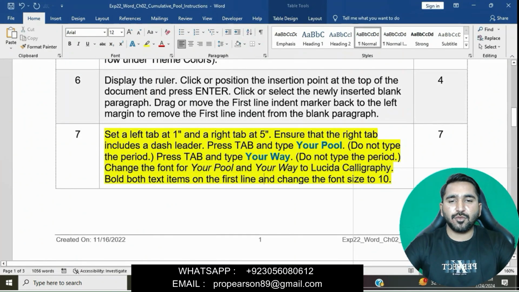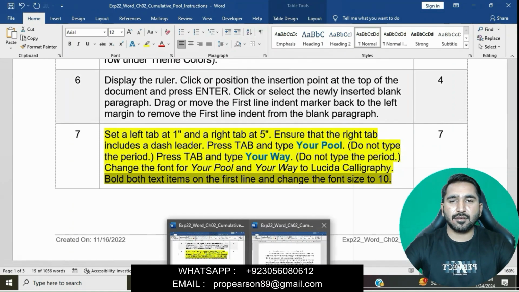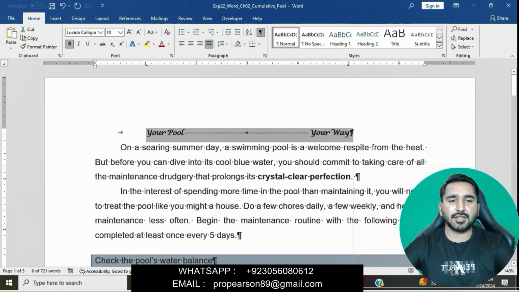Now bold both text items on the first line and then change the font size to 10. We will go to the Home tab and apply bold, then go to the font size and apply 10. You can see this. I have done